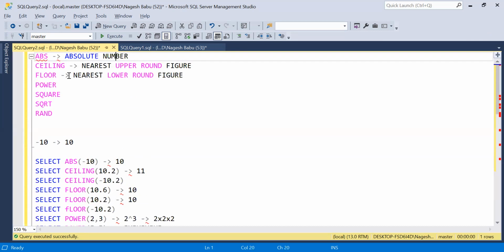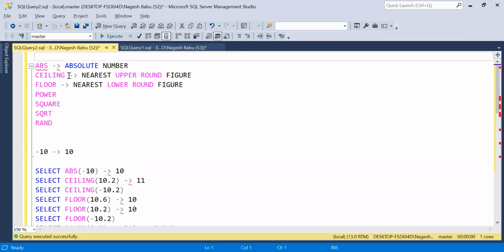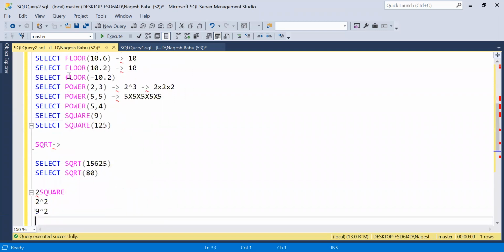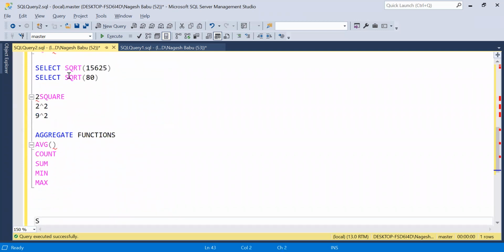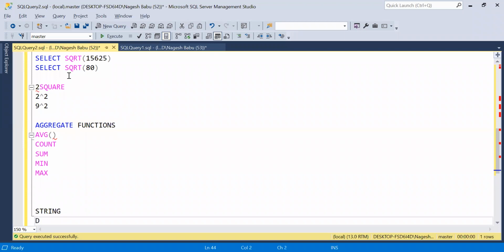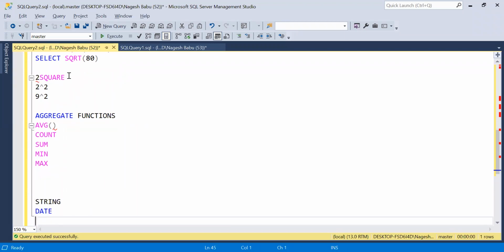And whatever we discussed today, those are mathematical functions. These are functions categorized into different types, and we have string functions left inside the functions main division, string functions and date functions, and another one, miscellaneous, that we will be discussing in the next session. And today's agenda is about mathematical functions and about